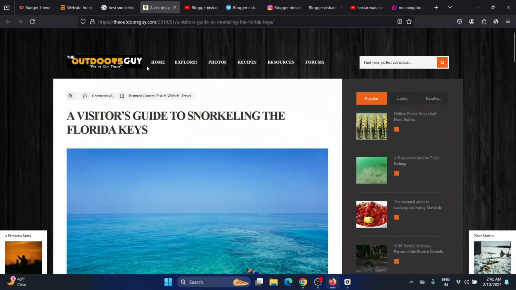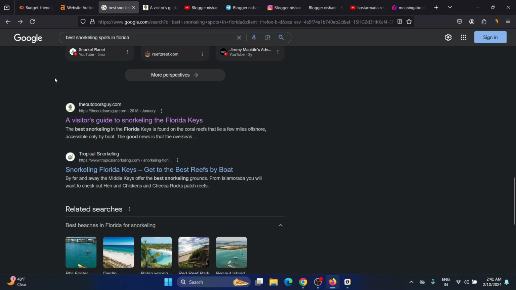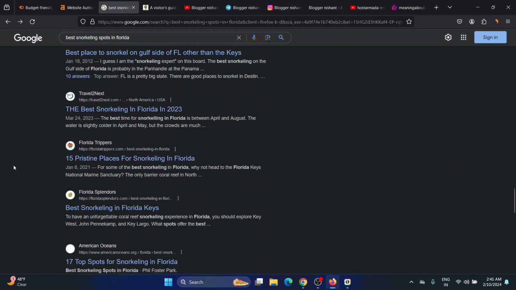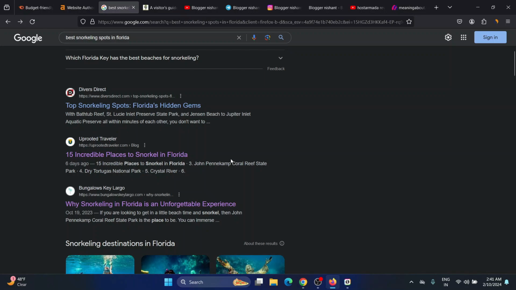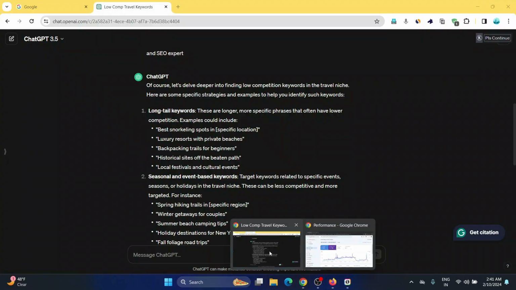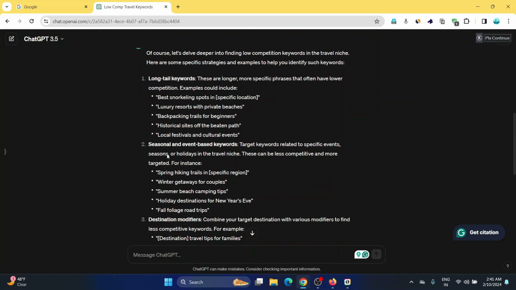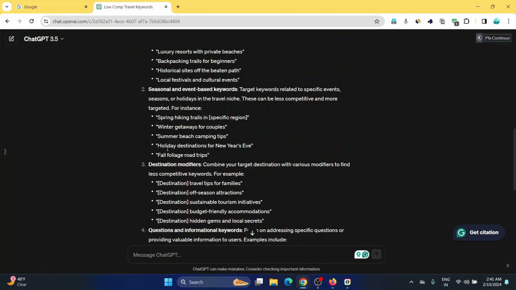This is a low authority website, and you can use its sitemap.xml, or you can look at other posts to find keywords. This is how you can find more low authority websites and more low competition keywords. This idea works very well, and you can use other methods like luxury resorts and other topics to find more keywords.